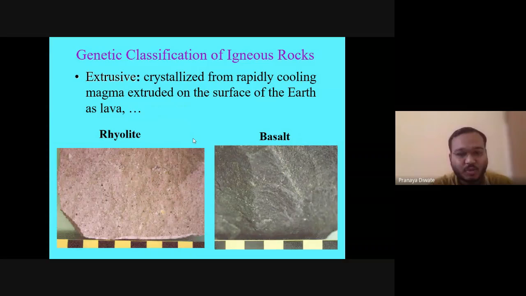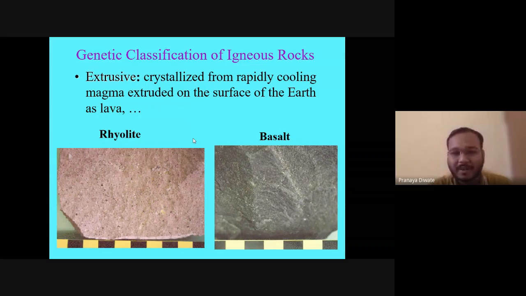So obviously, what happens with intrusive and extrusive rock? Intrusive rock cannot cool down very rapidly because the surrounding temperature is also high, due to the geothermal gradient. What is meant by geothermal gradient? When you go deep inside the earth, you have overlying pressure which creates excess temperature. When you go to the center of the earth, the temperature is tremendous. Why? Because of the overlying pressure, the overlying strata.